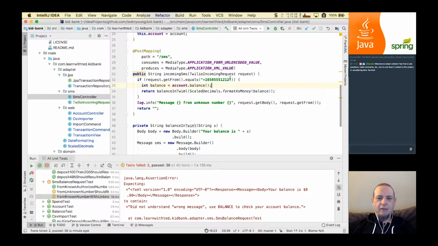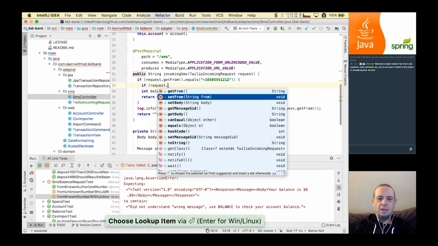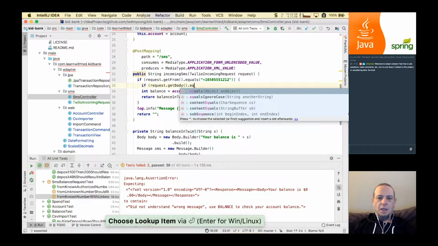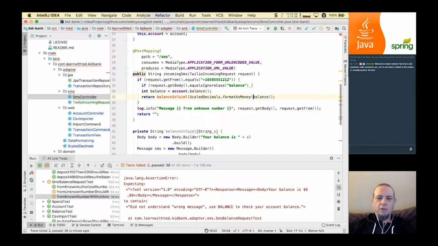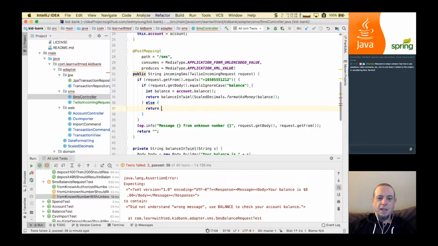So here we have the request itself, and if request dot get body equals, and we'll do equals ignore case because we don't care if it comes in with upper or lower case, balance, then we'll return the balance, else, and this is already getting messy, right? So we'll have to refactor this. Need a close paren there. So here we'll return,